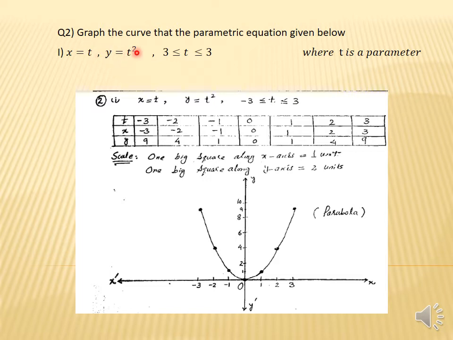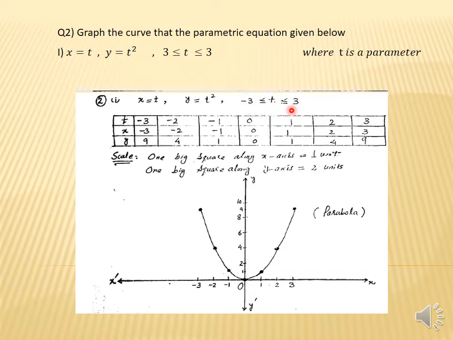And students, this equation represents a parabola. Always memorize that a parabola is always a curve shape. You can also discuss it in conic sections, as well as the parabola, ellipse and hyperbola. But here we only discuss the graph of the parabolic curve. So x equals t and y equals t square. And what is the range given?